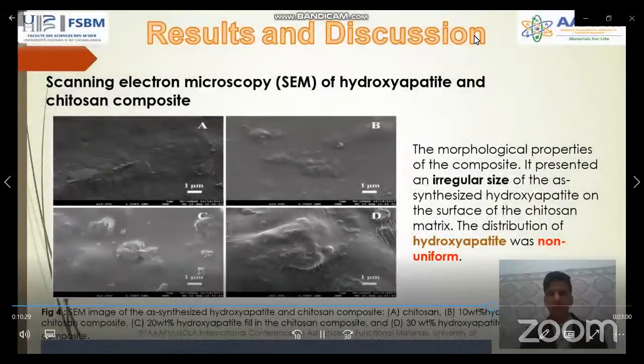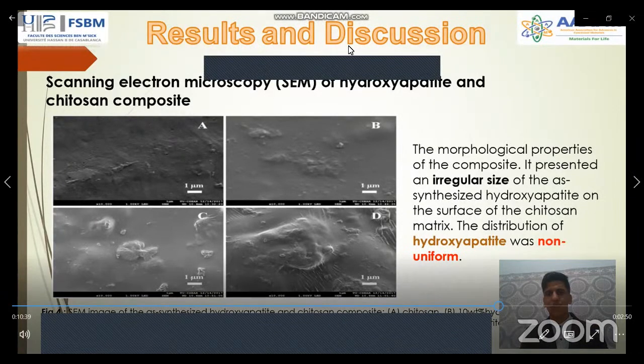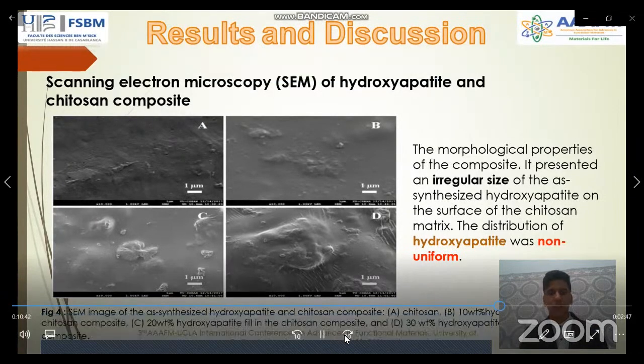So let's talk about the morphological structure of the surface. To confirm this analysis, we use scanning electron microscopy of the hydroxyapatite and chitosan film. This image A is the chitosan